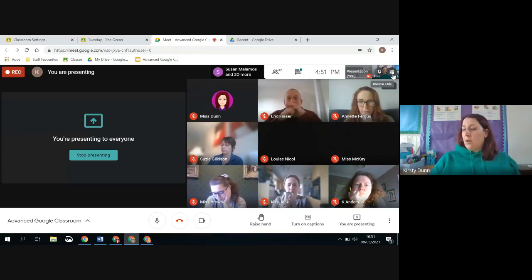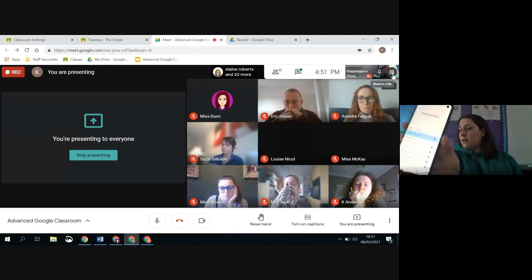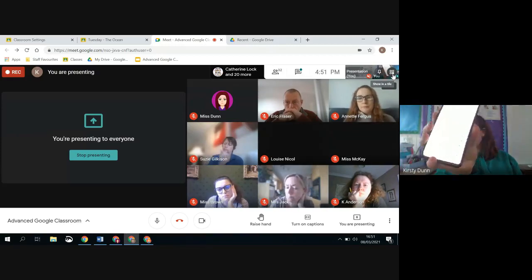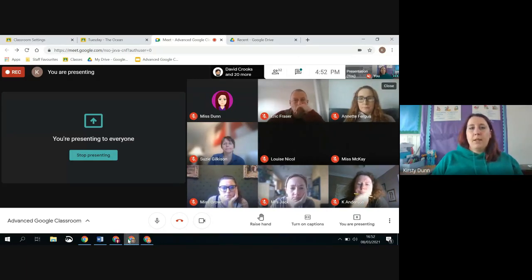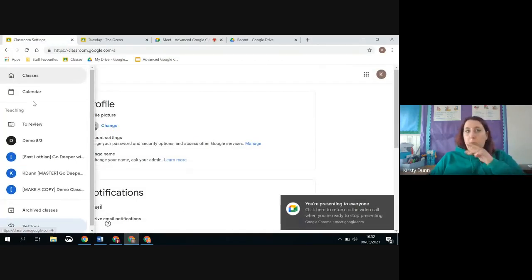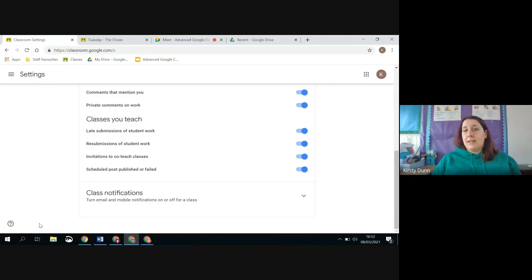You also have the option, if you go into device notifications, this is obviously an Android phone, you can change what you actually get notifications for. So that was in the same 3 lines option. Let me come back to my classroom. That was in the same 3 lines, either on your device, and then scroll down to the bottom and you will find the settings